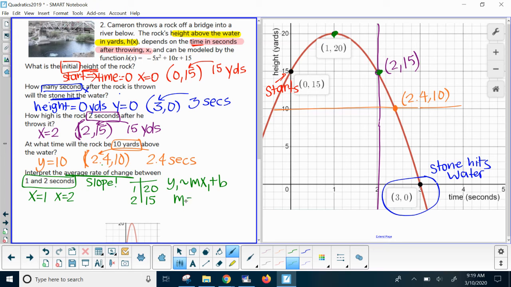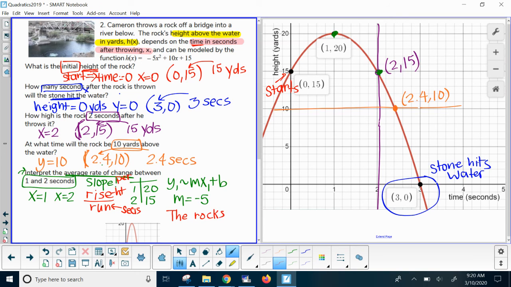This question doesn't just say find the slope. It says interpret the slope. That's our buzzword. So we know slope is always rise over run. So our rise this time is talking about height, okay, and our run is talking about seconds. And remember, anytime we talk about slope, we're using the word per. So in order to talk about this -5, we're going to say the rock,